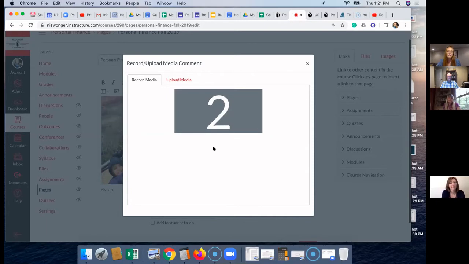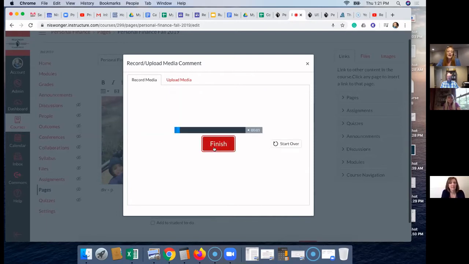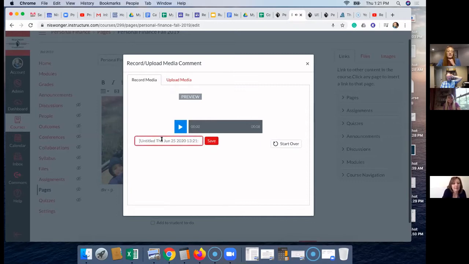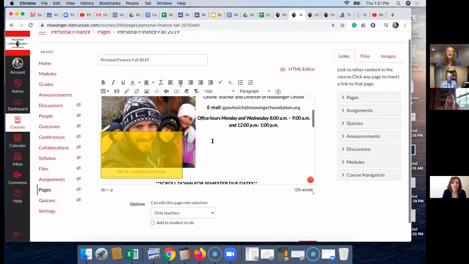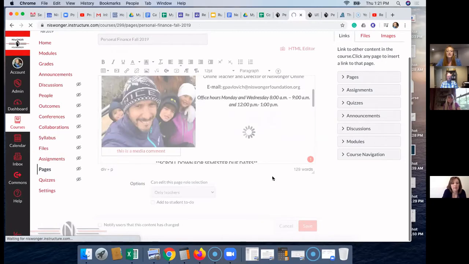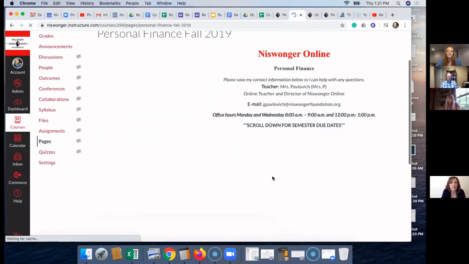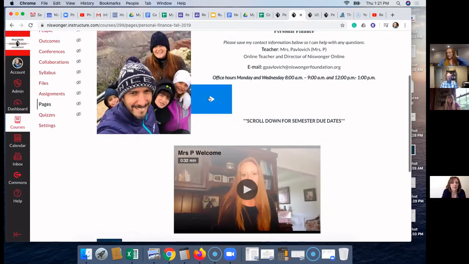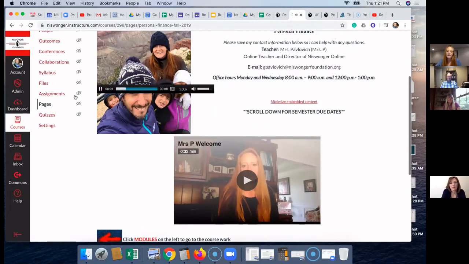And again, you just hit start recording, and it's now recording my voice. You could talk for a minute or you could talk for 5 minutes, but either way, it's going to record it. When you're done, you click finish, and you just give it a name, and you hit save. And depending on the length of the recording, it will then pop up, and then you can hit save here, and you can see what your students are going to see. And then you can move it also. So that looks kind of funky, right? I would go back in and I would move that a little bit and kind of line it up to a new place.